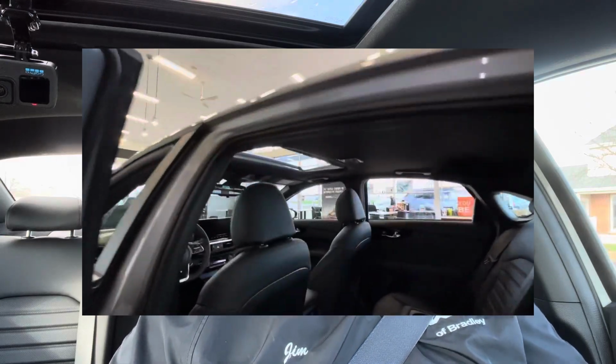Now also don't forget, you're going to have that 10-year 100,000 mile warranty that comes with every new Kia that is sold, and it is good nationwide. God forbid something happens and you're on vacation, you can pull into any Kia dealership and they'll get you all set. The other nice thing that's a little different with us too is